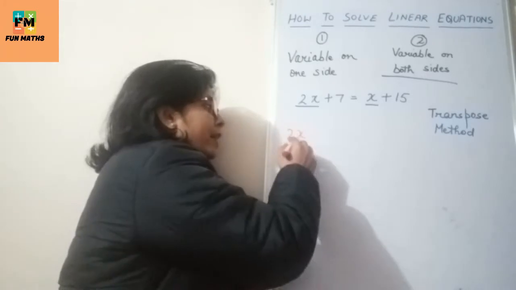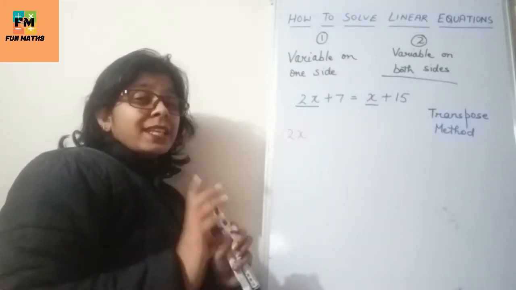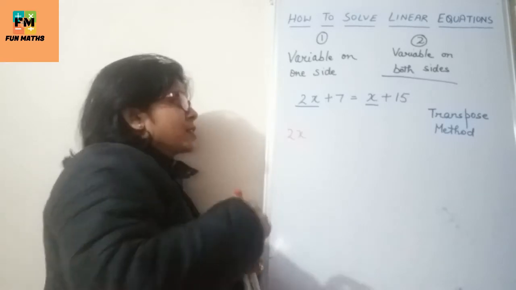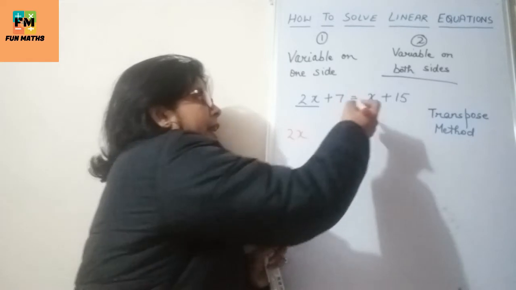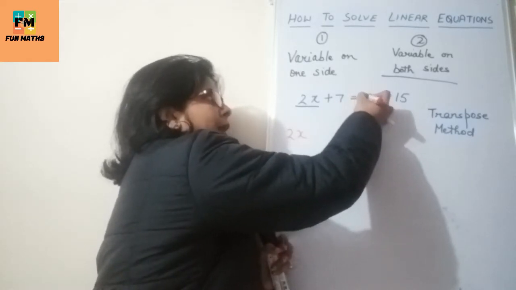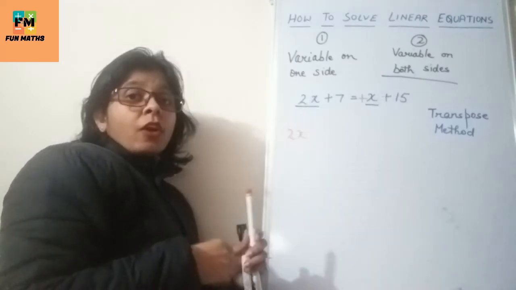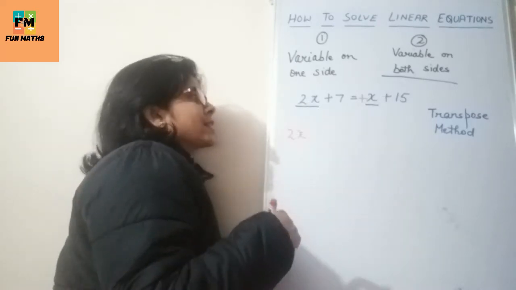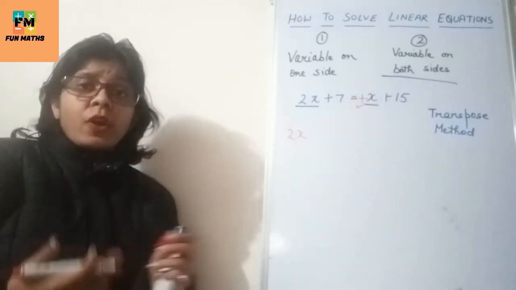No. 2x said x, you have to stay after me. So you see, x has to do some compromise, right? Now here, what kind of compromise? See, here if you see this x with plus sign. No sign means plus sign is available. Now, which kind of compromise? Compromise says that you have to change your sign.